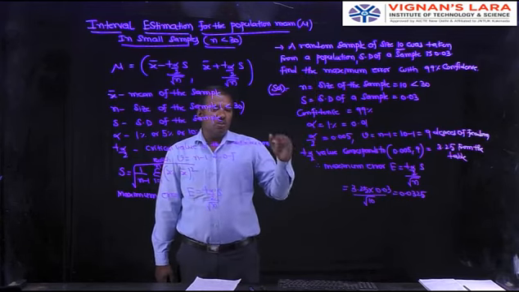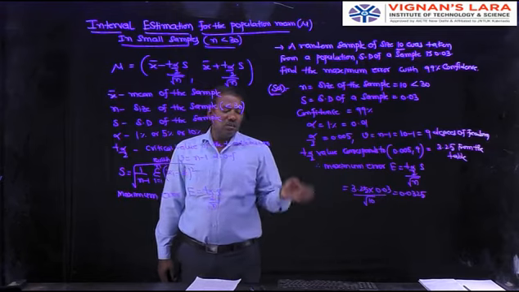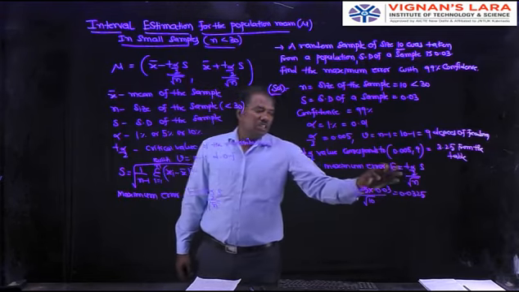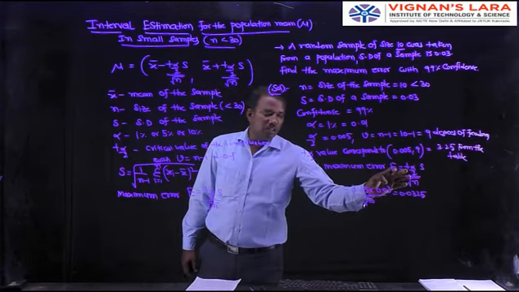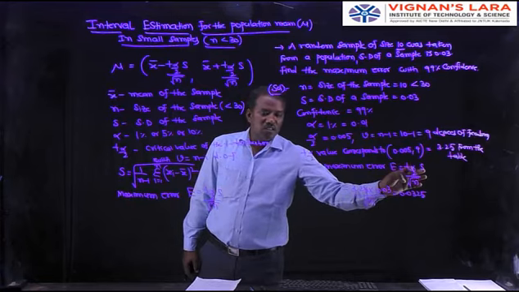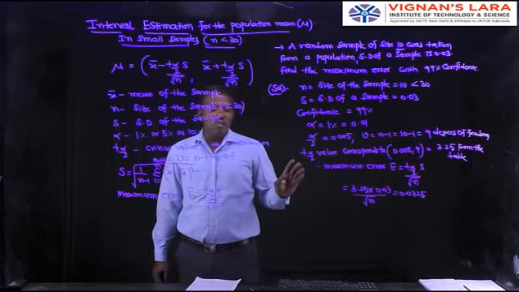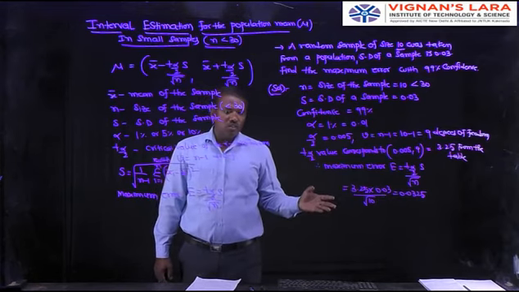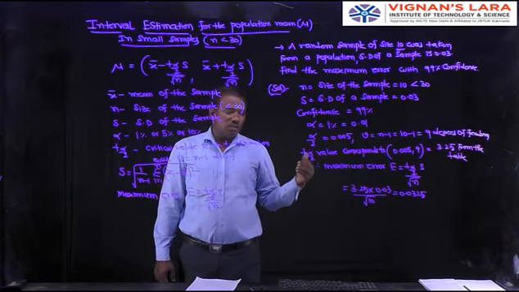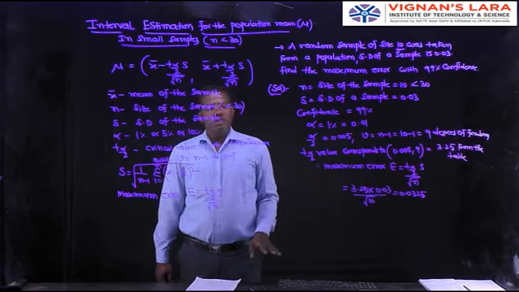Suppose n value is more than or equal to 30, then the maximum error formula is Z alpha by 2 in place of T, and sigma in place of S, divided by root n. Both sigma and S represent standard deviations, but S represents standard deviation of the sample. Sigma represents standard deviation of the population.